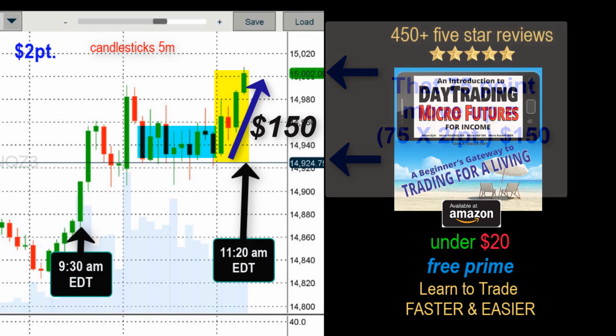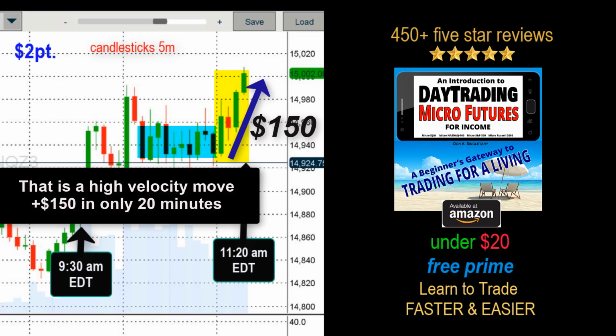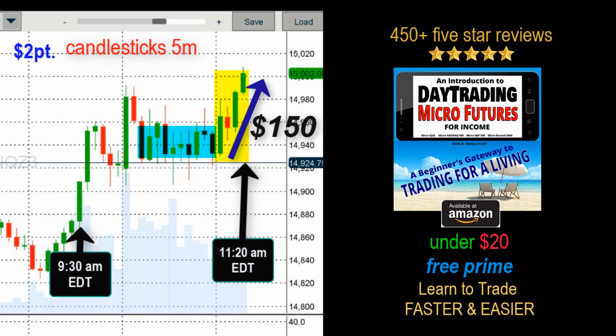In the highlighted blue box there, that's 10 candlesticks, 50 minutes, the market was flat, did nothing. Then for most of the last 20 minutes, it's accelerating upward. There is no way with absolute certainty to know that this trend is going to continue. Now, when you're just starting out, your eyes as a beginner just don't see everything that I've just captured on